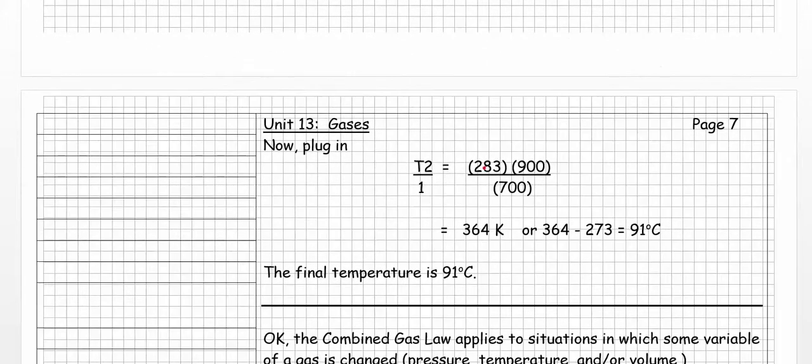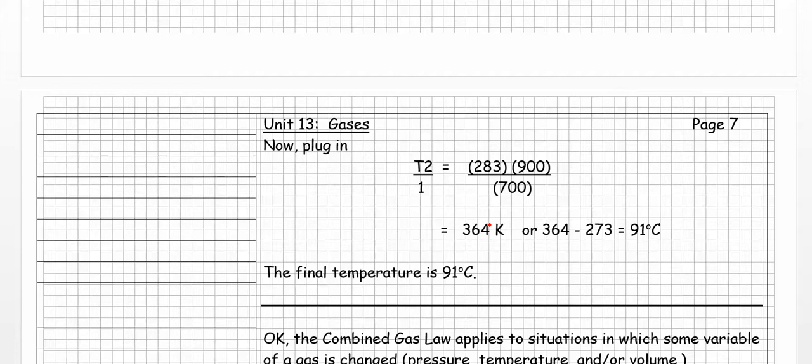All right, so T2 over 1 is equal to T1, which is 283, times 900 divided by 700, right? That's going to give us this number. By the way, I want you to do this on your calculator right now with me. I'm going to do it myself. 283, just check this math, times 900 equals, divide that by 700, and I get